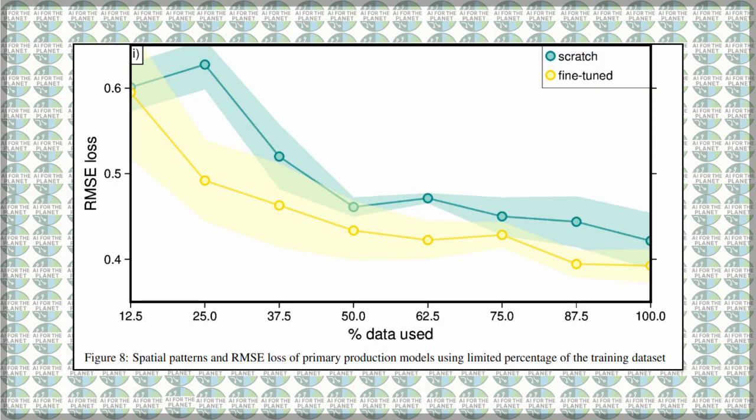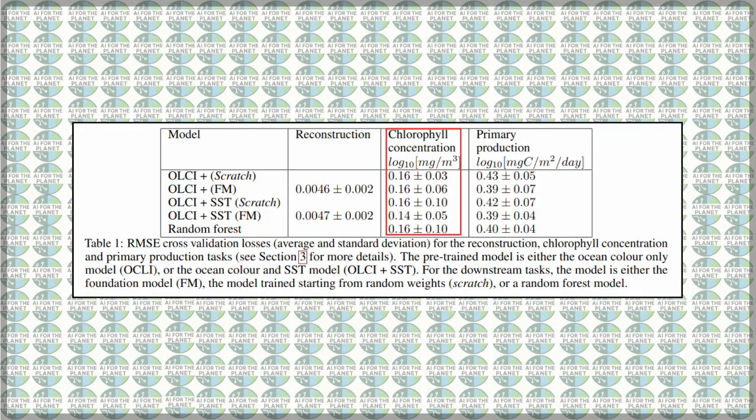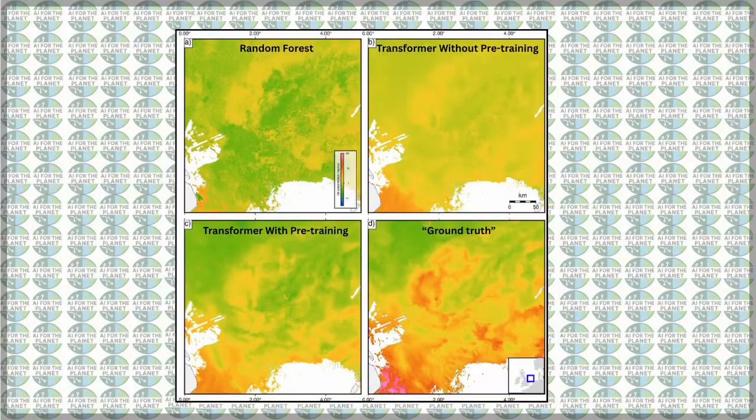To see an even larger benefit of pre-training, the authors look at how model performance on the primary production task changes as the amount of fine-tuning data increases. When the fine-tuning data is only a quarter of the size, the benefit of pre-training is even starker. Interestingly, the foundation model does not provide the same gains on the task of estimating chlorophyll concentration. Here, the pre-trained model works as well as a random forest model or a transformer without pre-training when looking at error rates. The authors, however, do provide evidence that the pre-trained model produces outputs that better capture the spatial structure